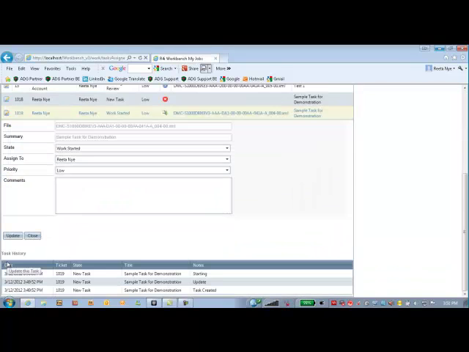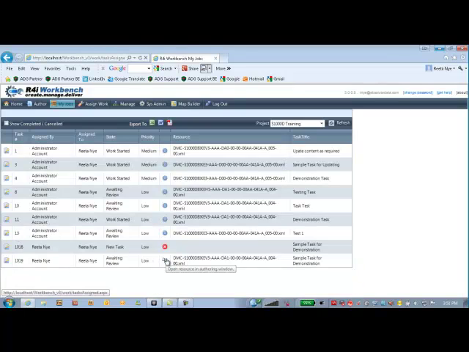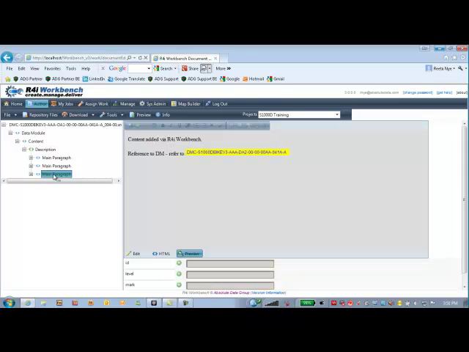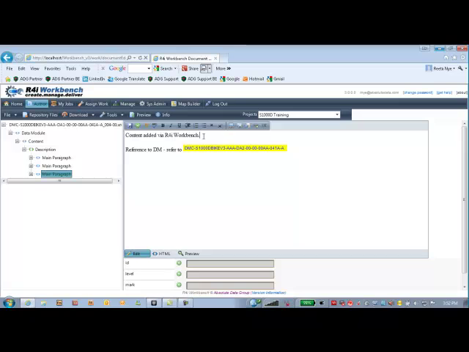So I'll just update that so that it's awaiting review. And I'm just assigning it to myself. So I can now check this data module out, come down into the content, and I can click onto a particular paragraph to look at the content, and if I wanted to edit this,